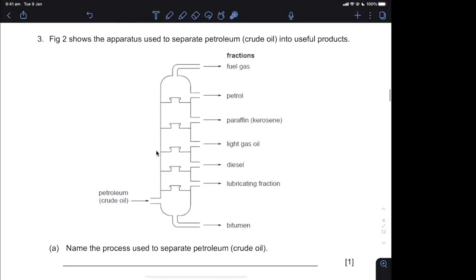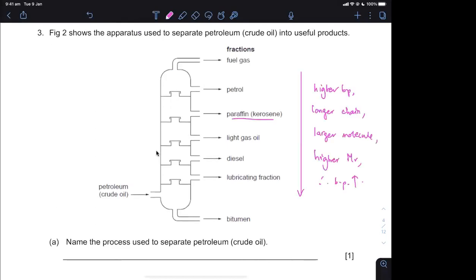So, paraffin: as you go further down, okay, let me just think about it. There is a higher boiling point as you go further down because it's a longer carbon chain, a larger molecule, and there is higher MR, higher relative molecular mass. Therefore, boiling point increases. As you can see, petrol is there, paraffin is there. Petrol is used in car engines, and kerosene is used. Oh, okay. Paraffin is also known as kerosene. Now I know where I got my answer. Paraffin is also known as kerosene. Kerosene is used for jet